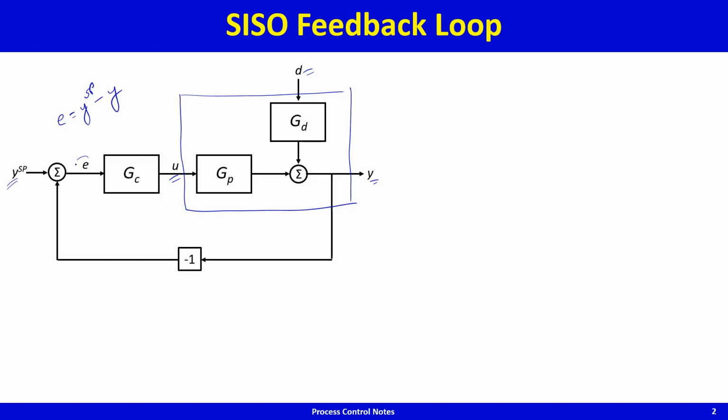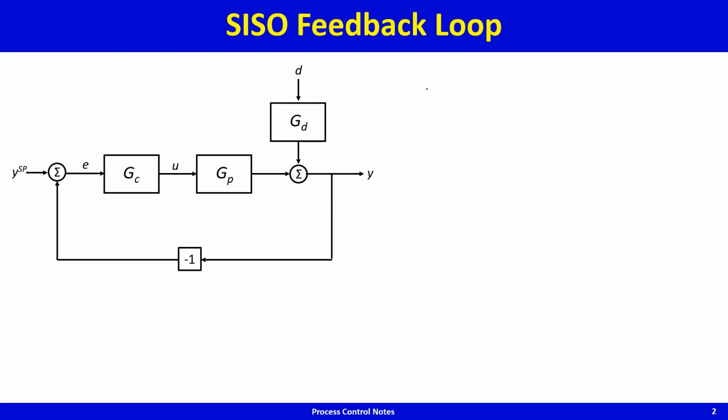and then on this error signal the controller operates and makes the necessary calculations to output the movement in the control valve or the control input to the process. So this is a standard servo feedback loop, and we have seen previously that if you do the block diagram algebra,